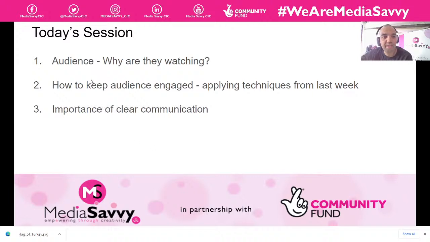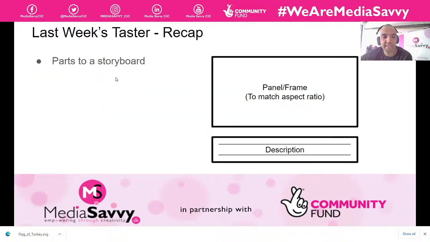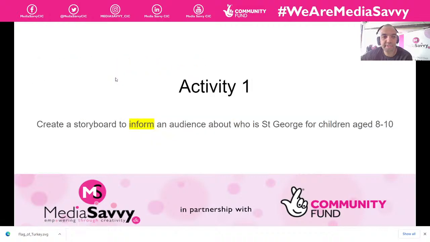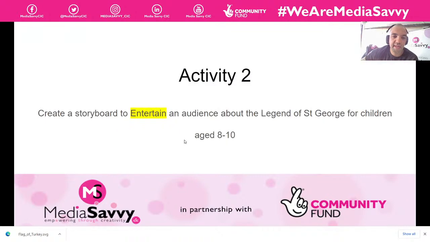We wanted to look at the audience and why they are watching. So we came up with a scenario in activity 1 to create a storyboard to inform an audience about who St. George is for children aged between 8 and 10, and that's what we did in our storyboard. Okay, we didn't quite get on to activity 2, which was then to look at a storyboard to entertain, and